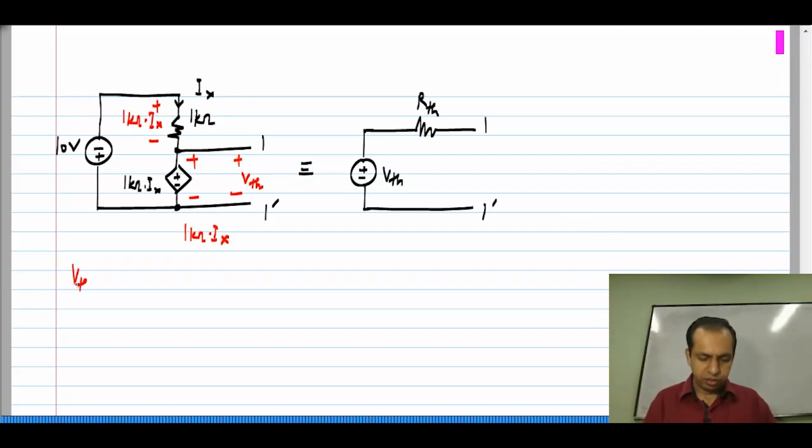So, Vth will be 1 kilo ohm times Ix, because this drop is exactly the same as that,